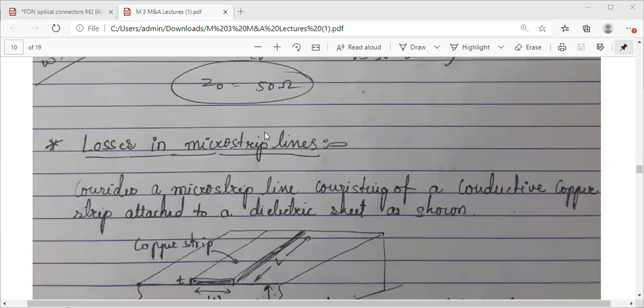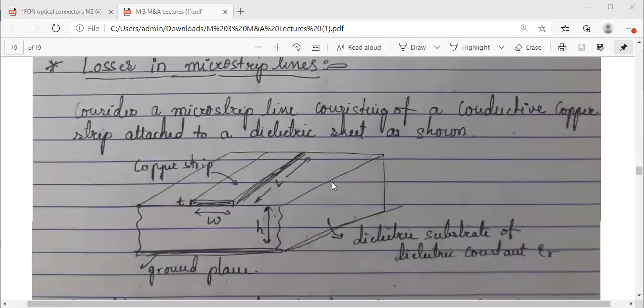That is copper. We have even seen some of the losses that are present in the microstrip line. Some three losses we have listed. Why I'm showing you these slides on losses is because what I'm discussing today is the quality factor, capital Q, of a microstrip line. I have to take the reference of these equations that we have seen in the losses. So I'm showing you these slides.